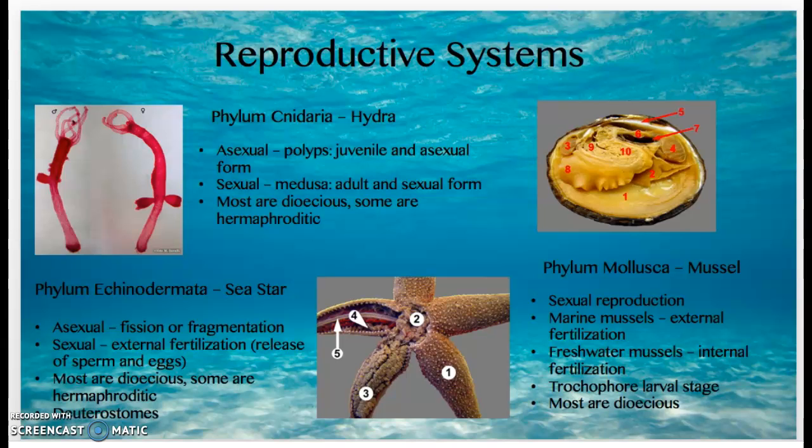Polyps take the sessile form, and they reproduce both sexually and asexually, but mostly asexually. They do this through budding and fission. So for budding, they make genetic copies of themselves since there isn't any mixing of genes. And then through fission, the polyp splits into two equal halves. It's kind of similar to binary fission in bacteria. And then the medusa form is the mobile life cycle, and in this form, they usually reproduce sexually using